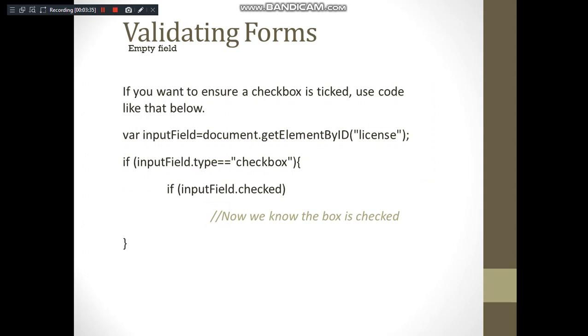In order to ensure that a checkbox is selected, you know how to access elements in JavaScript: you assign a variable to the return value of the getElementById function. Then you check whether it is a checkbox. If it is a checkbox, then it should be checked. One of the options should be checked. Then you can write a valid message here. Otherwise, if none of them is checked, then you can alert a message to the user that you have to select at least one option among these.